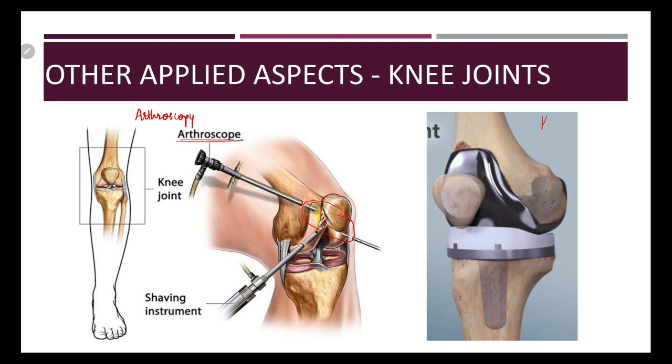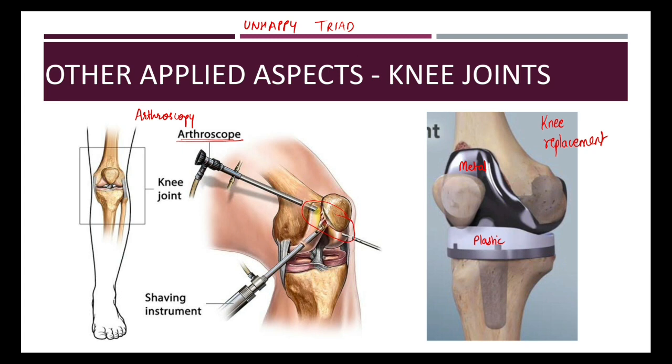Next is knee replacement. If the knee joint is badly damaged by osteoarthritis, an artificial joint consisting of a plastic tibial component and a metal femoral component is connected to the tibial and femoral bone ends after removal of the damaged areas. And there's also something called the unhappy triad of the knee joint. A combination of injury of the tibial collateral ligament, medial meniscus and anterior cruciate ligament is called the unhappy triad of the knee joint.